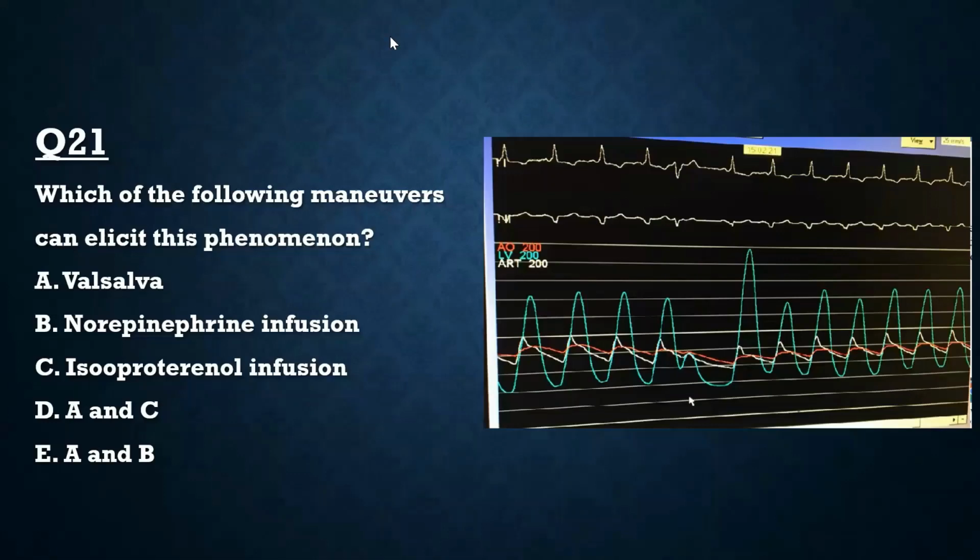Ashwaq, go ahead. Which of the following maneuvers can elicit this phenomenon? Valsalva, norepinephrine infusion, isoproterenol infusion, A and C, A and B. Okay. Let us go through the tracing and analyze it. Go ahead. This is a simultaneous hemodynamic tracing